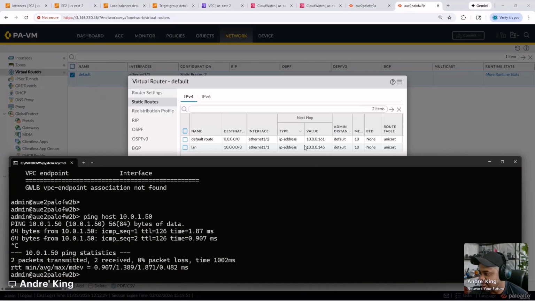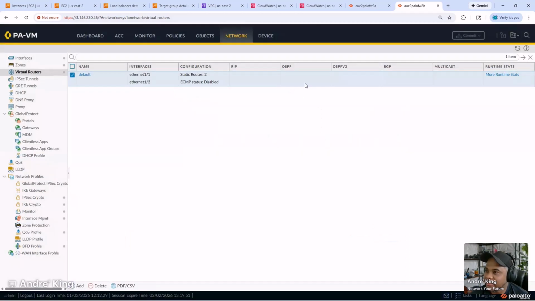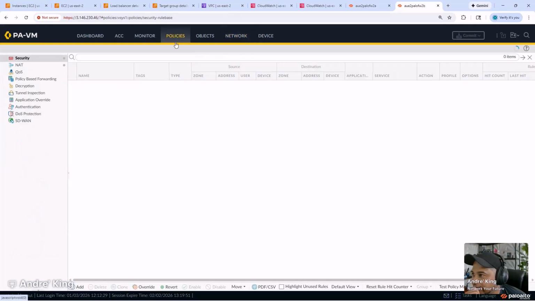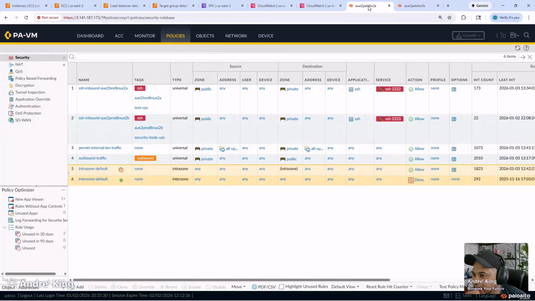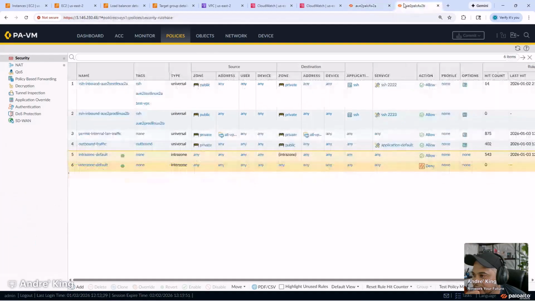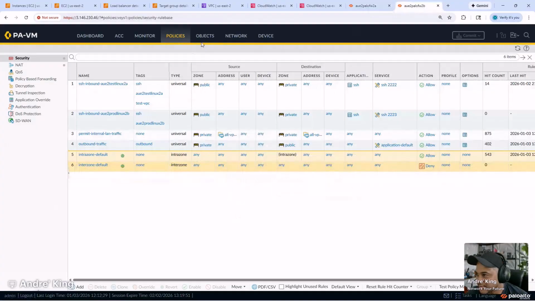All right, so Gateway Load Balancer Endpoints perspective, and we got... All right, so we got 2B. All right, so we got that. The only other thing, other than a policy, we're permitting any there, any. The application default wouldn't matter. Oh, that's okay. I was going to say maybe we didn't add